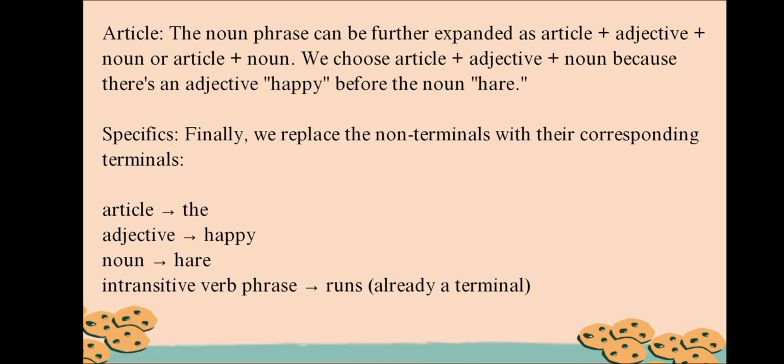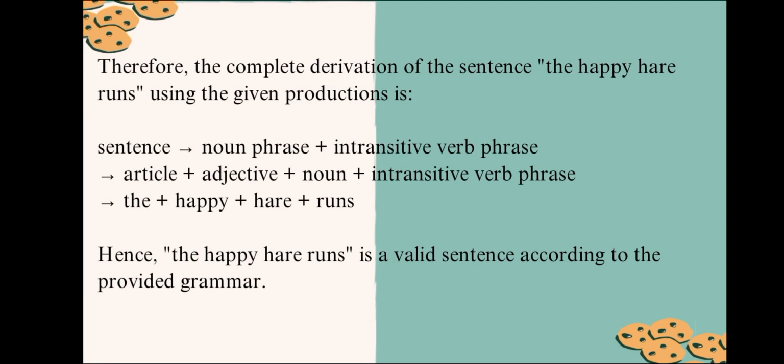Article is replaced with the, adjective is replaced with happy, and noun is replaced with hare. Intransitive verb phrase is replaced with runs. Runs is already a terminal. Therefore, the complete derivation of this sentence, the happy hare runs, using the given production, is sentence, noun phrase plus